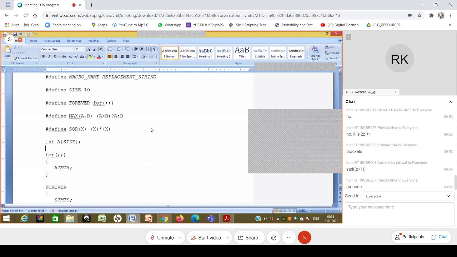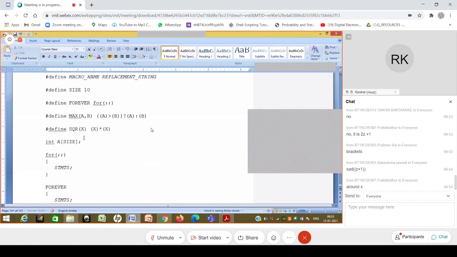And if I take that view, then earlier max a comma b, I had to actually change it to put brackets.